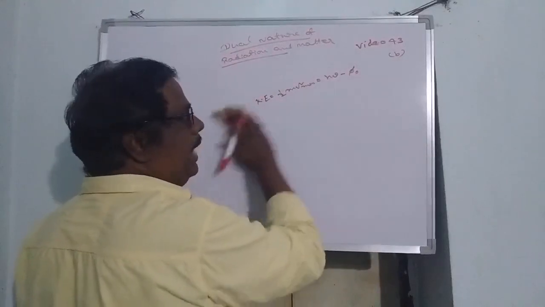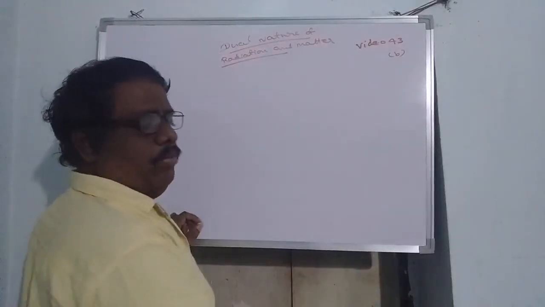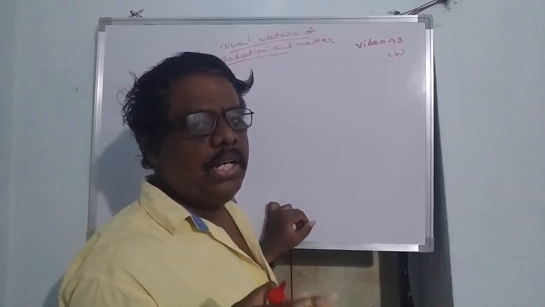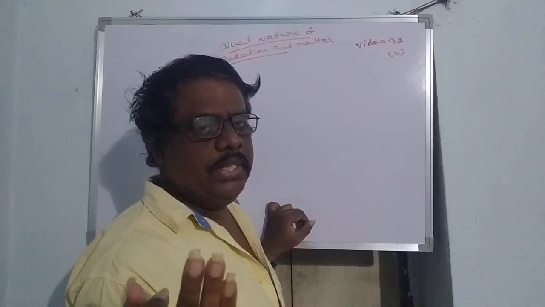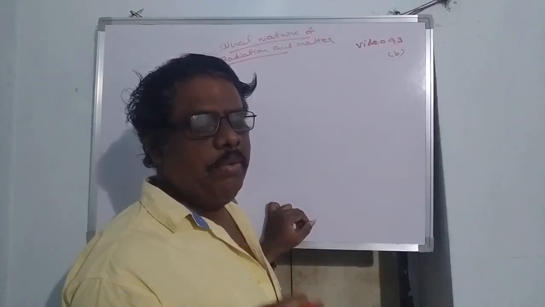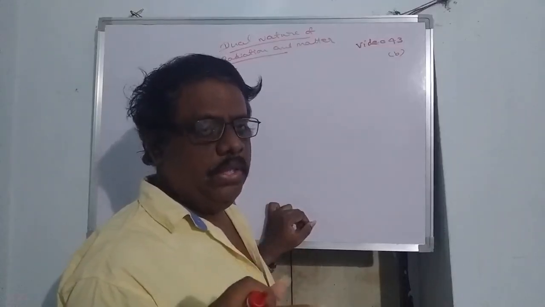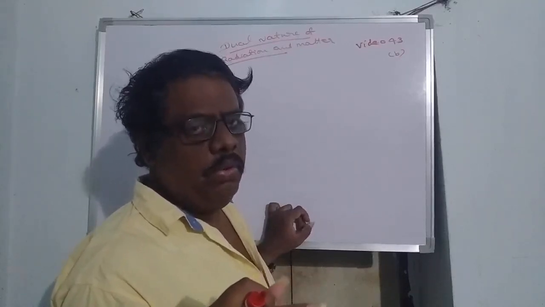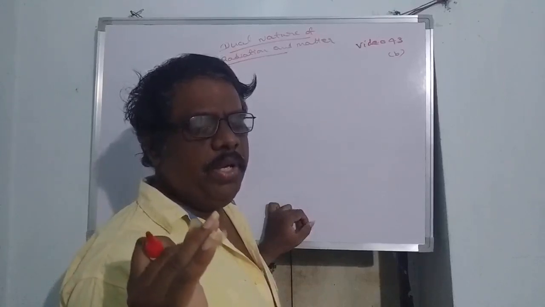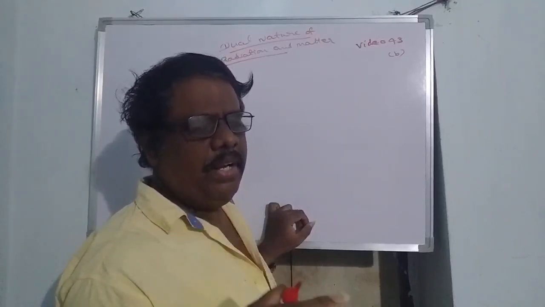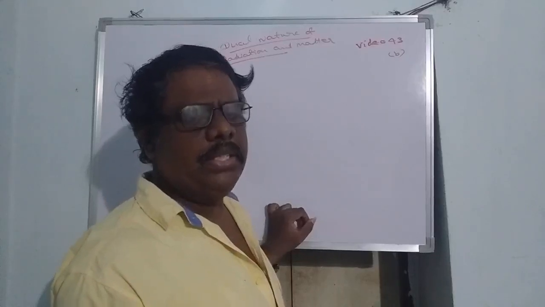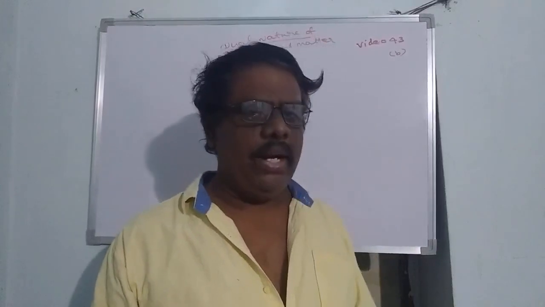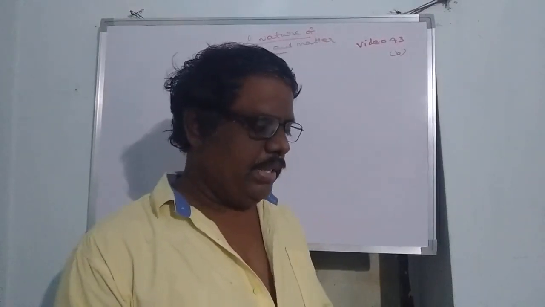Uncertainty principle, cathode rays, work function, photoelectric effect, and what are the photosensitive substances, why are they called so. Photosensitive substances can emit electrons even with ordinary visible light, which means the work function of these metals is very low. What are those substances? Potassium, sodium, rubidium, cesium and lithium. These are all alkali metals because they give photoelectrons with ordinary visible light. That's why they are called photosensitive substances.